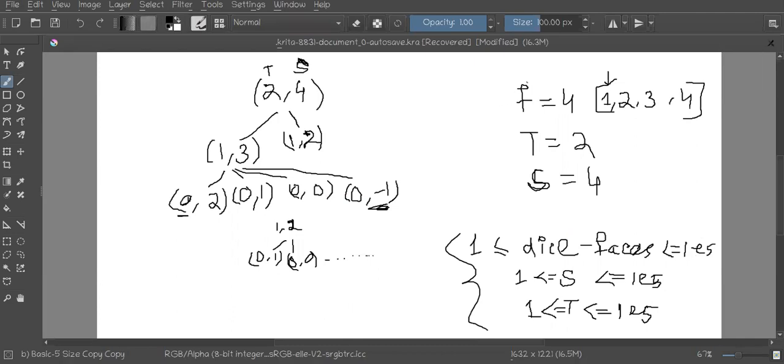As you already know, we have a dice of 4 faces, the total number of throws t is 2, and the sum is 4. Let's say in the very beginning of the algorithm, we have the total number of throws, which is 2, and the sum which is given to us initially, that is 4.